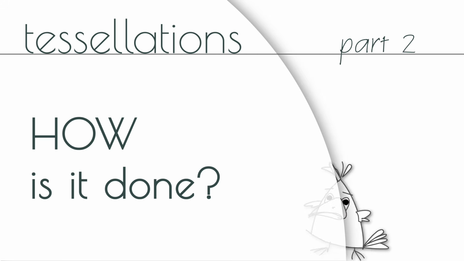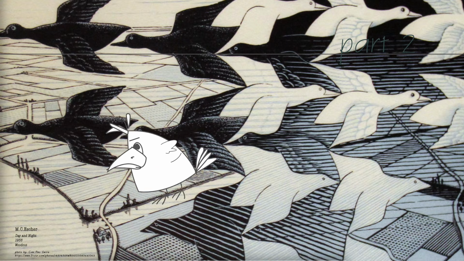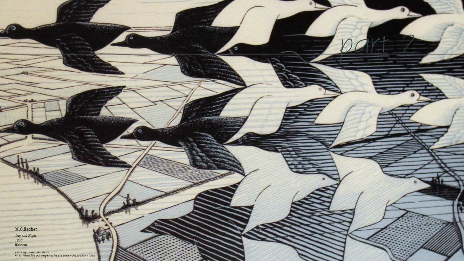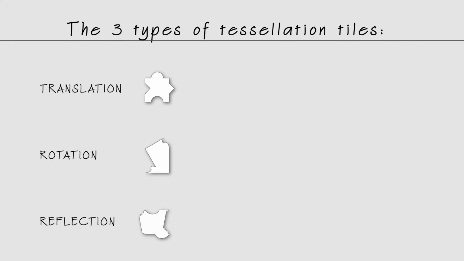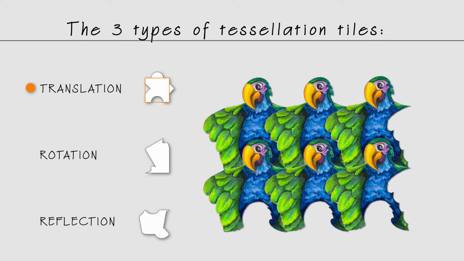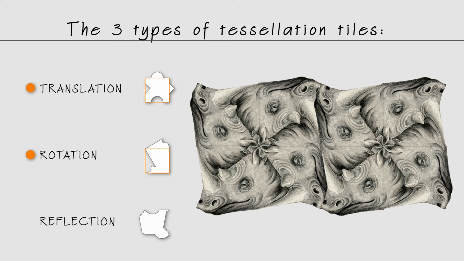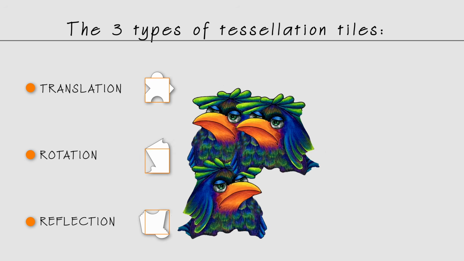Now that you understand the concept of tessellations from the previous video, I'm going to show you how to design one. To make it fun, let's design a tile that looks like some kind of animal. Remember, there are three methods to create a tessellation pattern: translation, rotation,